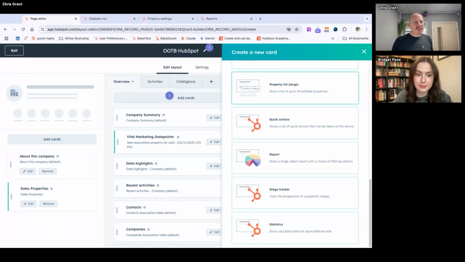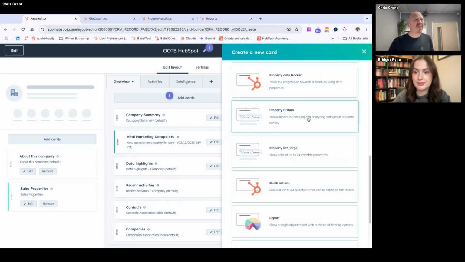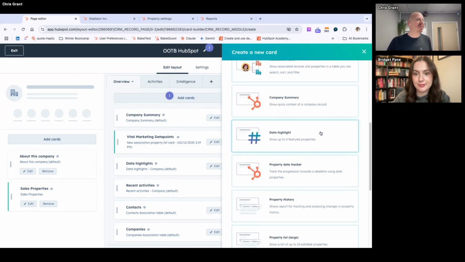The use case for this is, if you've got lots of things on the left sidebar and you have to have 50 data points there, what we can do with a property list is put some of the properties we want people to fill in on that center screen. Really nice. Property history, so we can track that.